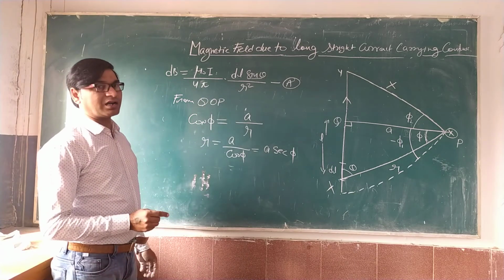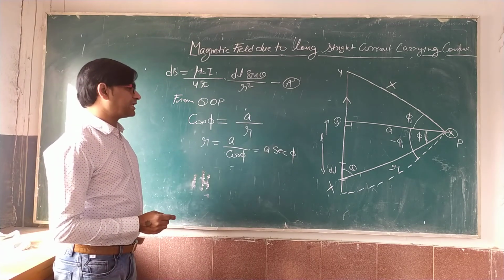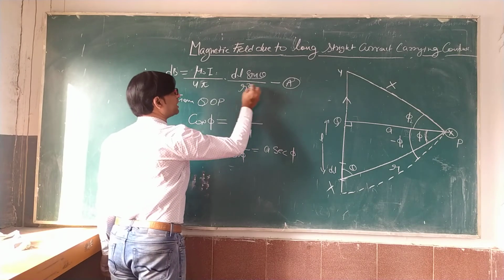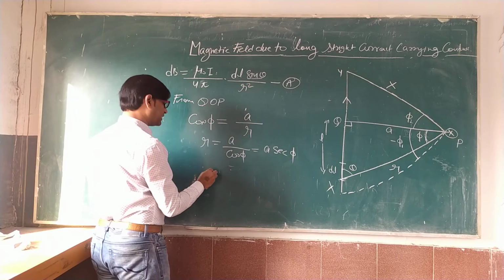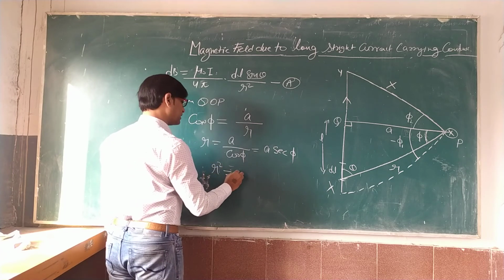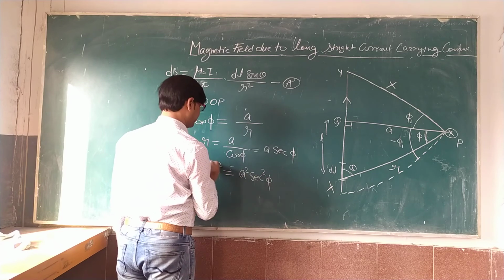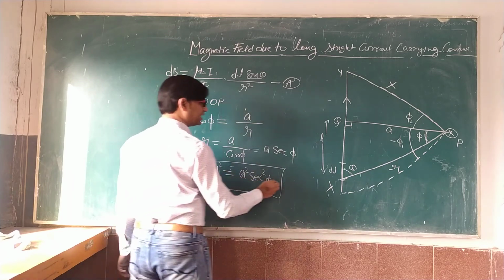The value of R is A sec phi. We have R square in our equation A, so squaring on both sides, R square is equal to A square sec square phi. This is the relation number